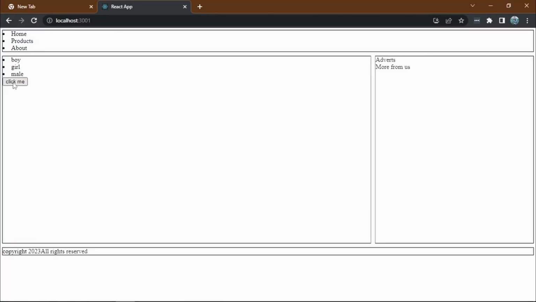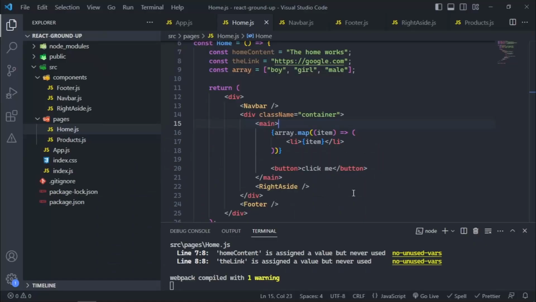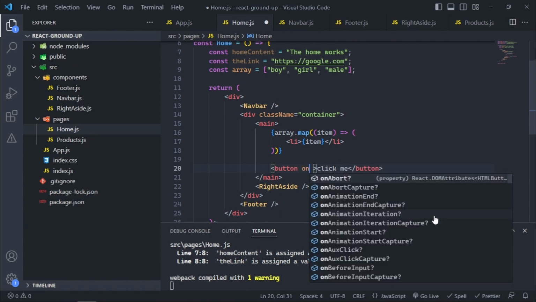Yeah, so I have the button, click me. I wonder, when the user clicks here, I'd like to log "you click me" to the terminal. So on click of this button, what you need to do is add an event listener here, and the way you add it is you use the onClick